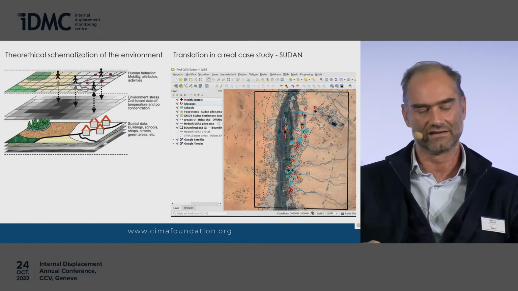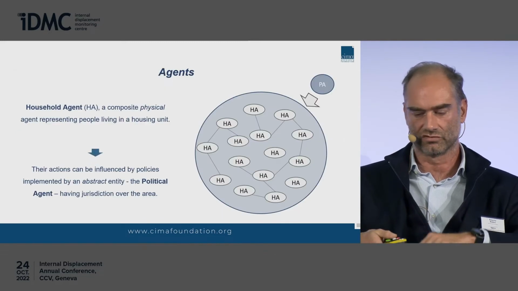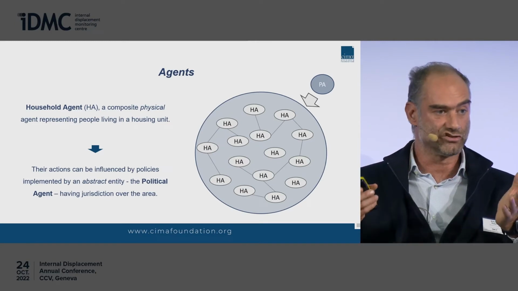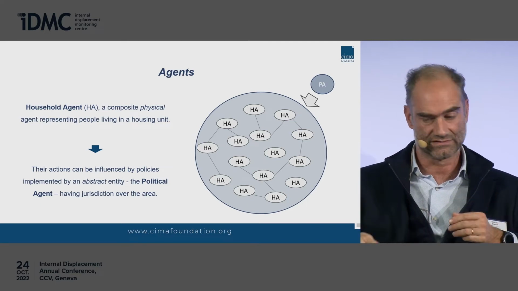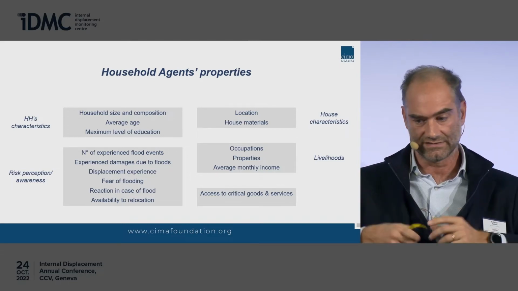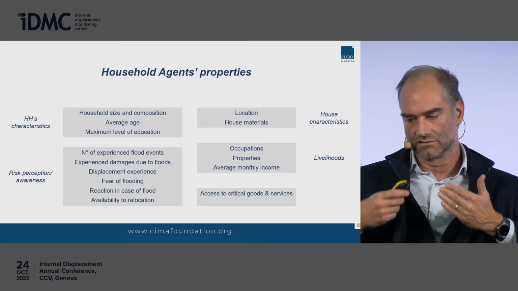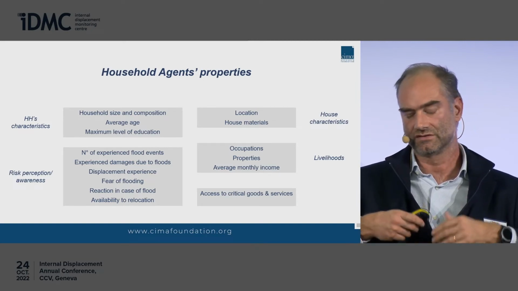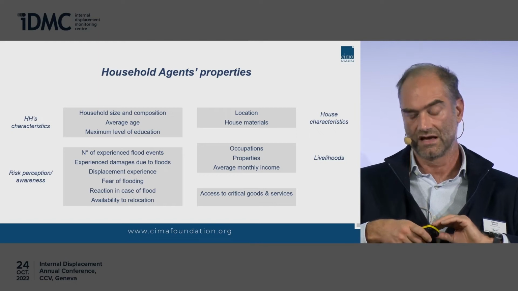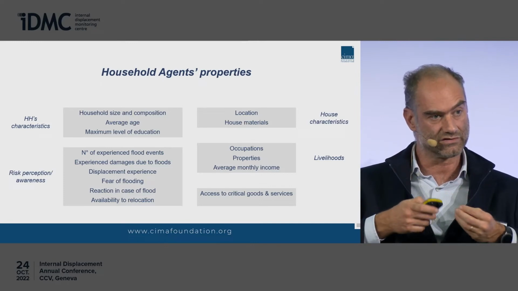So we made a very extensive search, not only of the environmental variables that are there, but also from the point of view of how to characterize the agents: the household agents on one side, and the political agent, which is the one that intervenes with the policies. The household agents, just to give you an idea, are composed of different characteristics: physical characteristics of the households, house characteristics to capture the physical components, information about livelihoods, access to critical facilities, so all the components for the vulnerability, but also quite a large component on risk perception and awareness, which is a key factor that modulates, I would say, the final